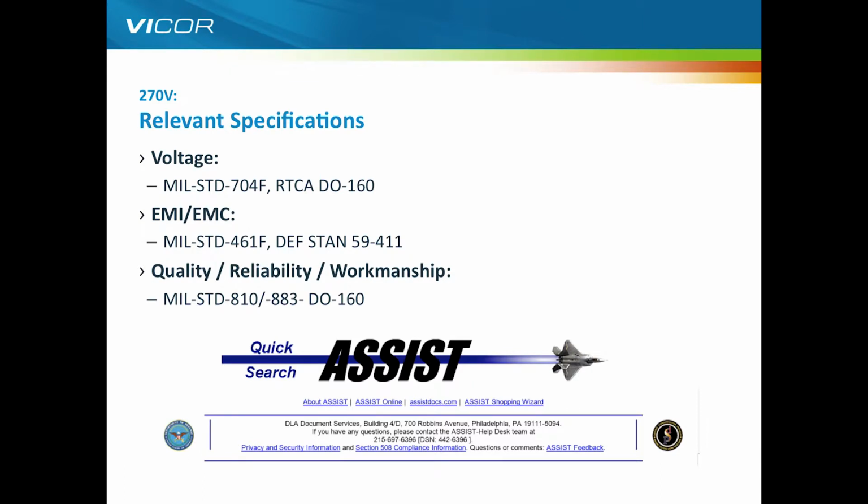The RTCA DO-160 is obviously the commercial variant. They overlap in most areas, although military applications do have higher stresses now and again due to the workload. So it pays to take good care of which spec the customer is referring to and really go through these specs in detail. In terms of EMI or EMC,